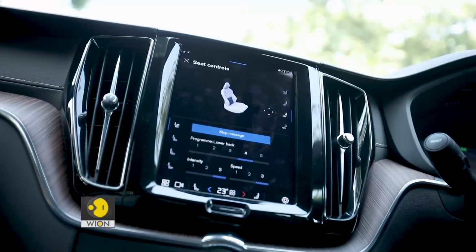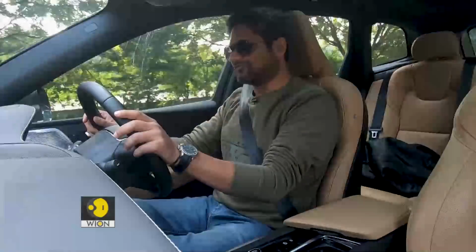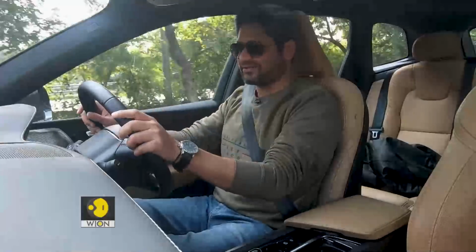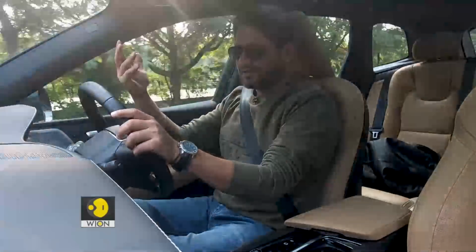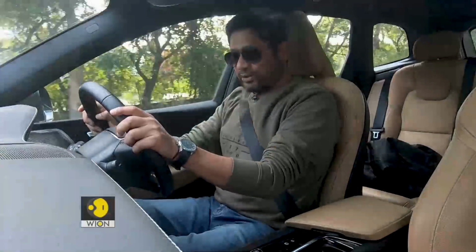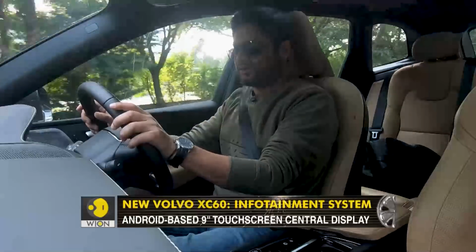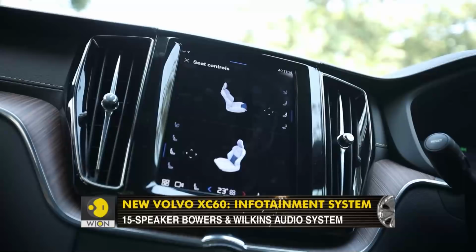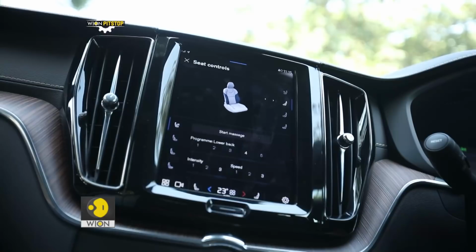Volvo was among the first ones in the automotive business to give a massive screen in the dashboard, and then of course every other manufacturer has been at it, and Mercedes-Benz has a nice big flat screen running across the horizontal. Similarly, BMW, all the lesser manufacturers as well. But Volvo has stuck to a vertical layout. Of course, the independent standalone screen that Tesla has is definitely the largest out there. But even this one is a very nice Kindle or tablet sized screen, which is extremely crisp